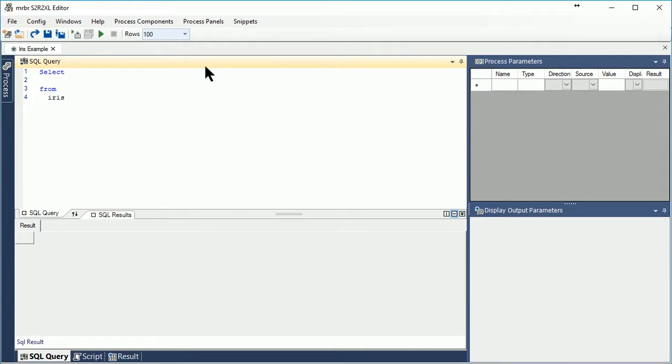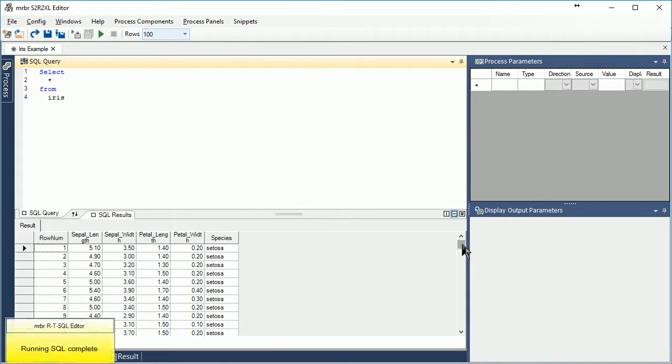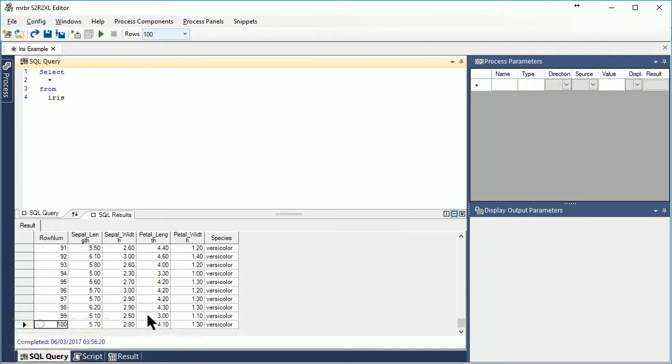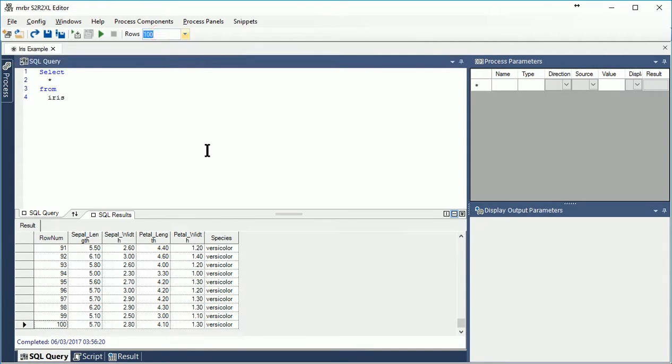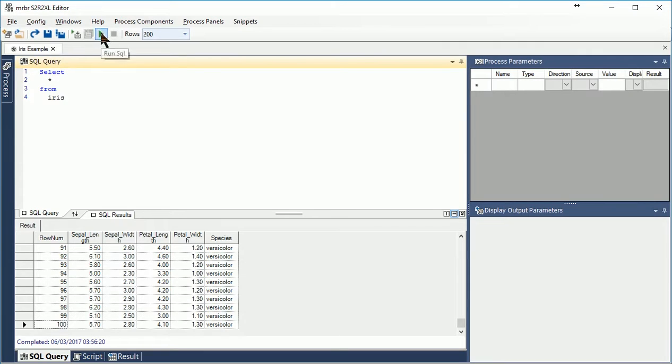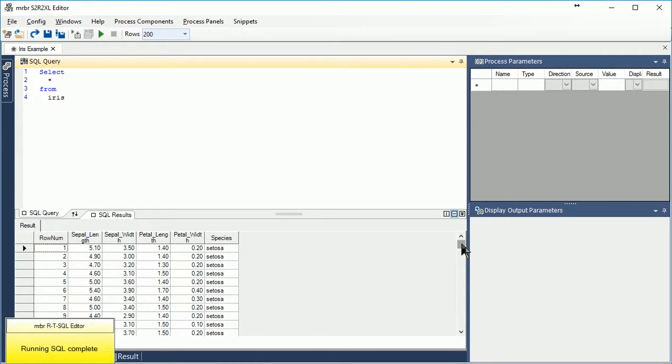I could use the asterisk to select all the columns, but that would also select the row num that was imported. By default, the number of rows returned is restricted to 100, but on the top toolbar we can change that. I'll change it to 200 so it'll return all the rows. I'll click the Run SQL button, or I could press Alt F5, and I will get all 150 rows returned